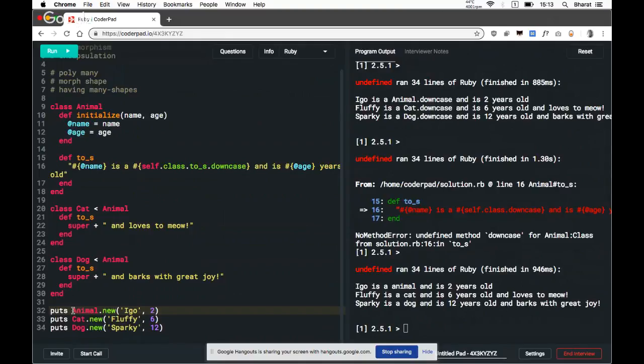And we're working with the same states. So name and age is inherited, and the cat is doing its own thing on top.